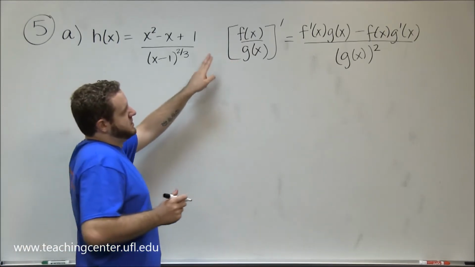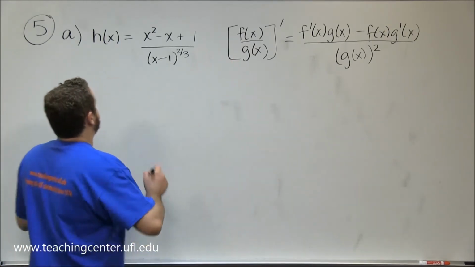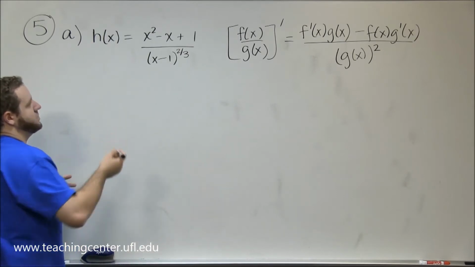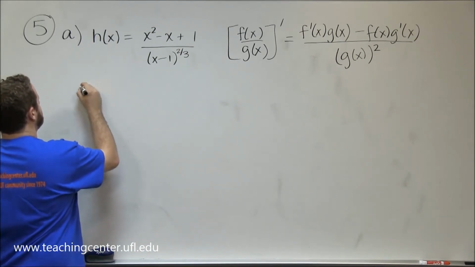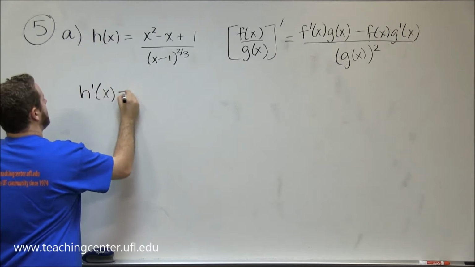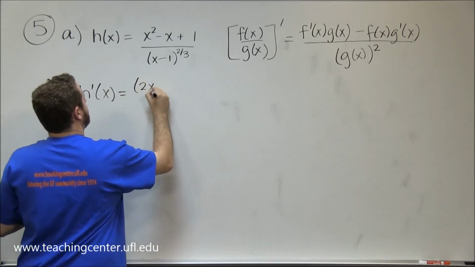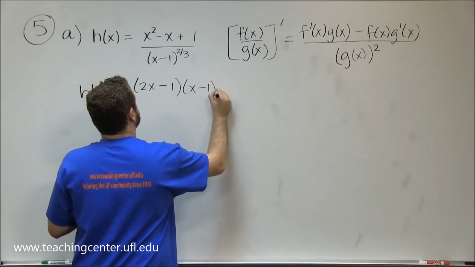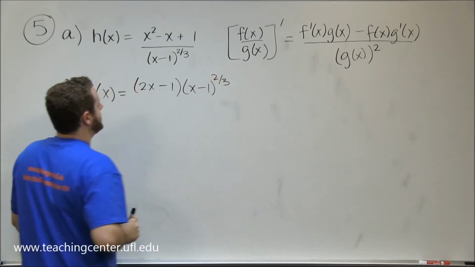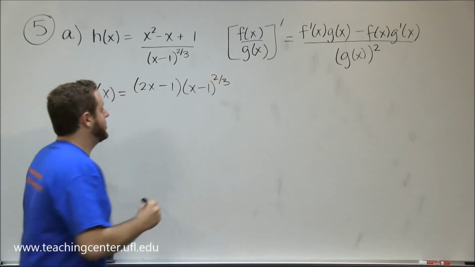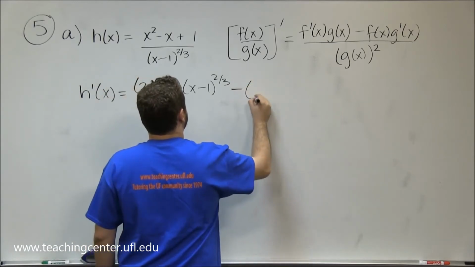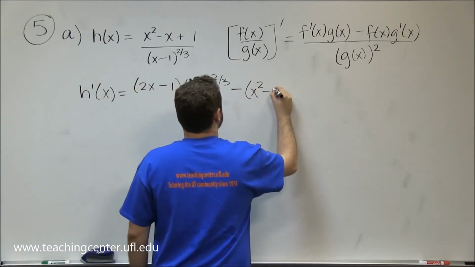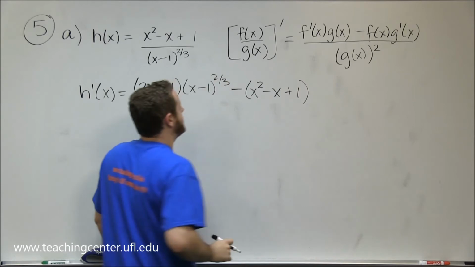The first term is the derivative of the top times the bottom. So the derivative of the top here, using your power rule, would give you, let me write h prime of x here, 2x minus 1 times the denominator, which is x minus 1 to the 2/3. Our second term of our quotient rule is just the top, x squared minus x plus 1, times the derivative